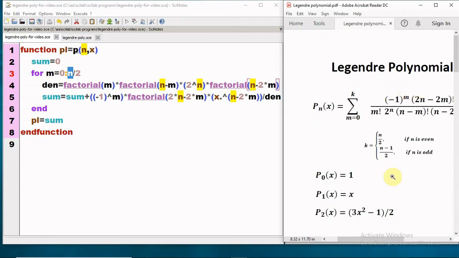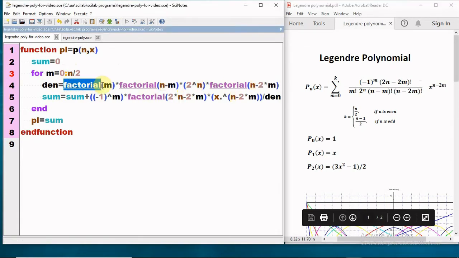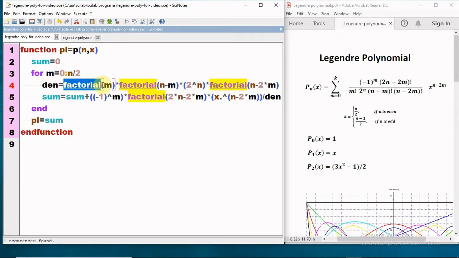There is no difference. But we are using one inbuilt function here, the factorial. Whenever we have to compute the factorial, we can use this function. So this function will compute the value of the Legendre polynomial depending upon the value of n and the value of x.